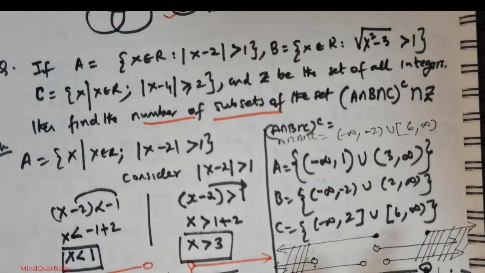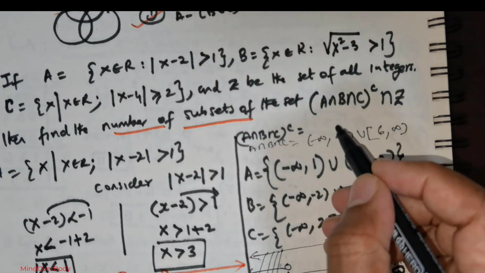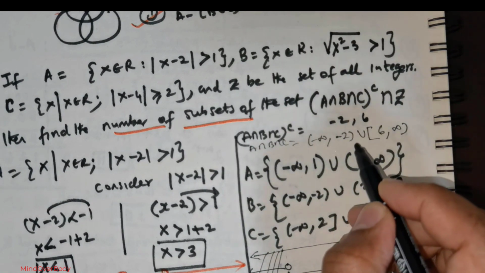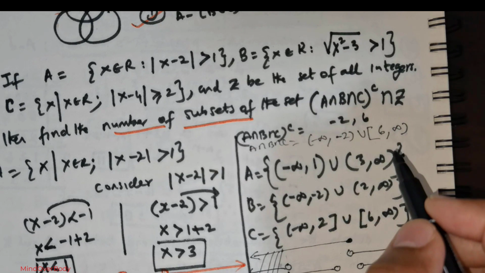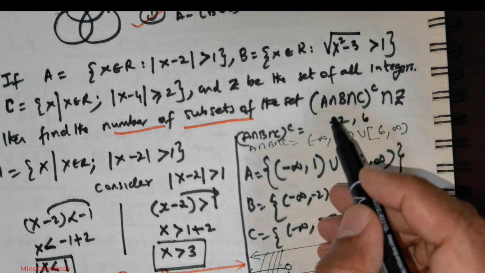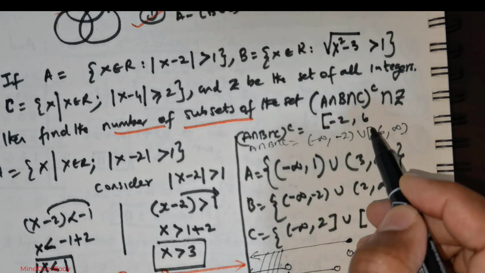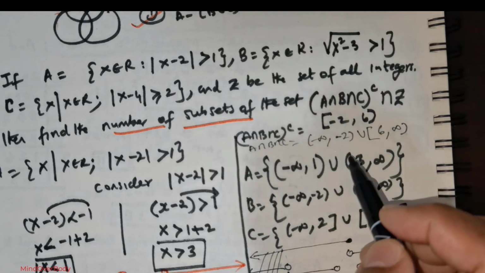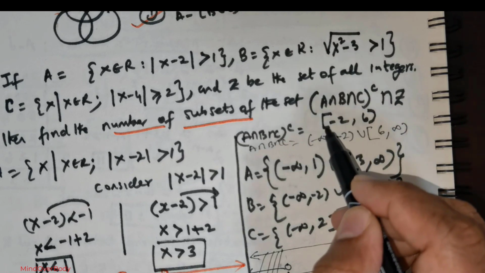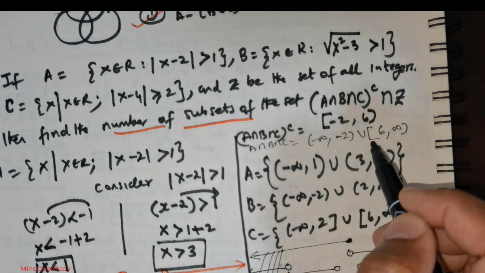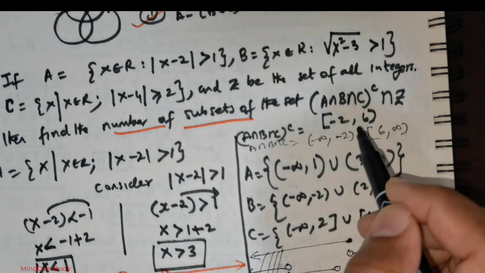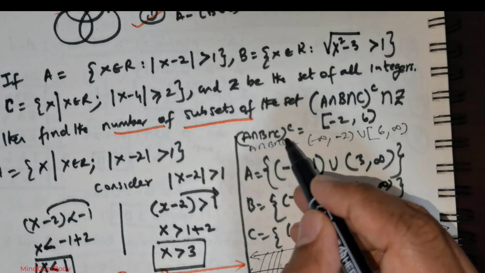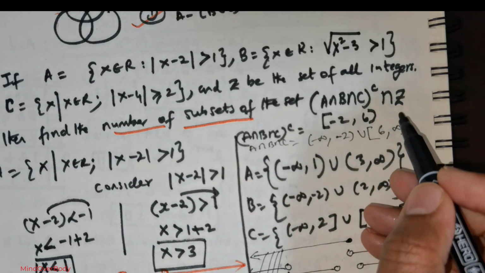So write that down. What is going to be placed here is negative 2 comma 6. Now with regard to the parentheses, let me give you this trick. If you see an open, you put a close. If you see a close here, you put an open. Whatever you see here, revert it. This is open, place close there. This is closed, place open there. So negative 2 comma 6 is going to be A intersection B intersection C complement,